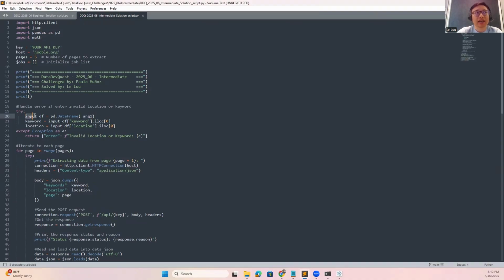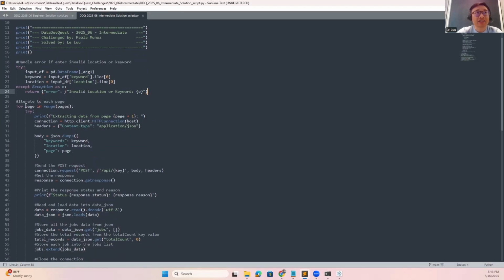So I store it as the input df, and from this input df, I will get the keyword and the location, and I only get the first index, so I use dot iloc, and the first index is 0. Same as location. If the user puts something that is not valid, I will show the error over here,